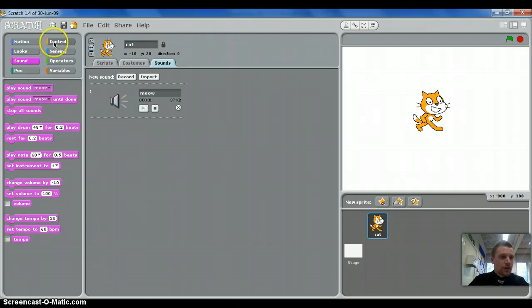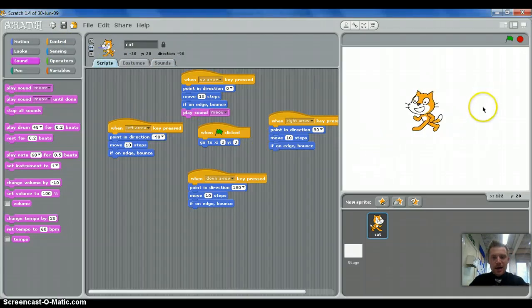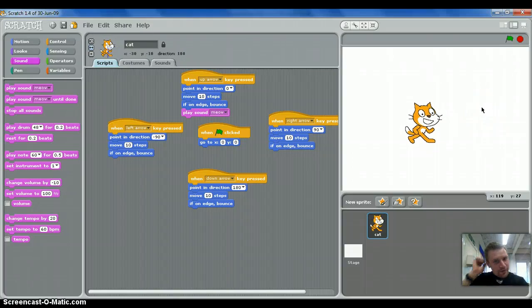And you can also add that into your script. So say every time he jumps up in the air, we could add in the sound effect of him meowing. So left and right and down do not have that effect, but on the up arrow we have that sound effect. So as you can see, you can add that other output onto your computer game. Alright, that's the basics of